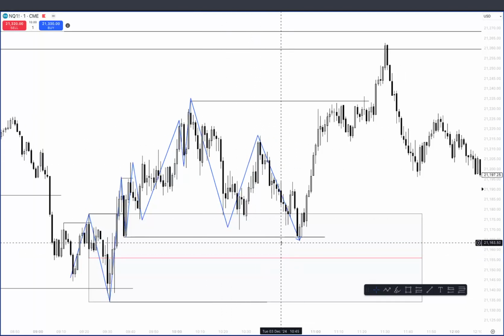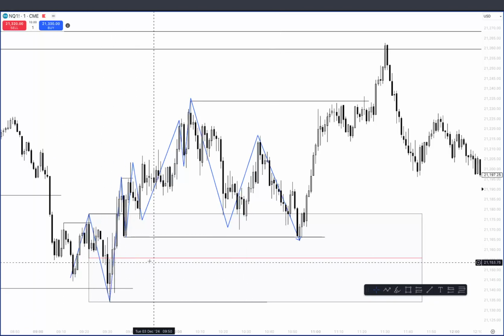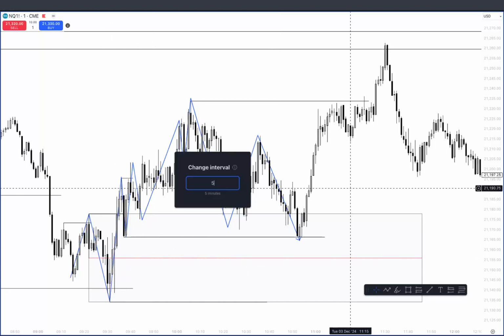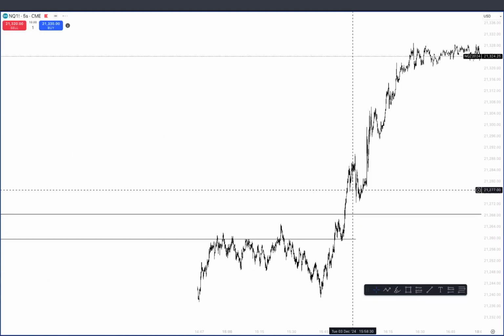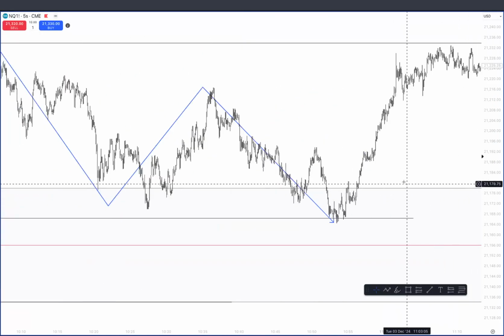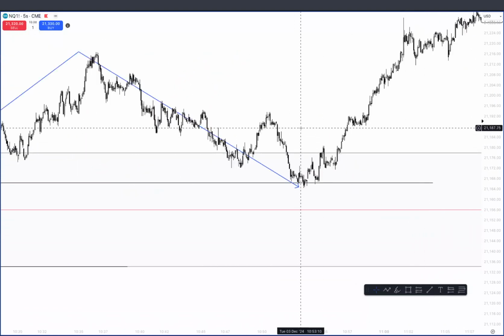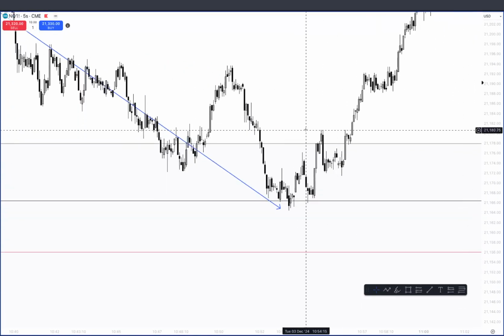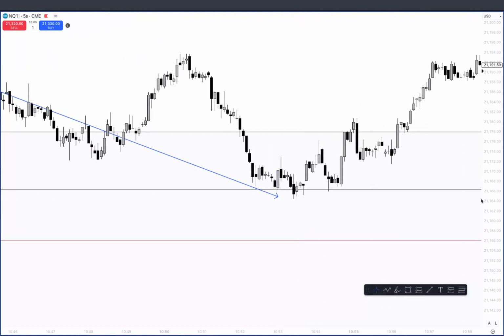But I feel okay about it because this is coming from a higher time frame draw, and because on the 5 second, I waited. I did leave my limit on, but I was going to cut it if this didn't hit. And sure enough, right here, it does give a